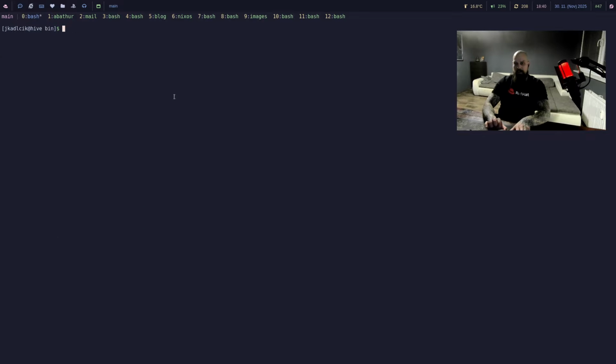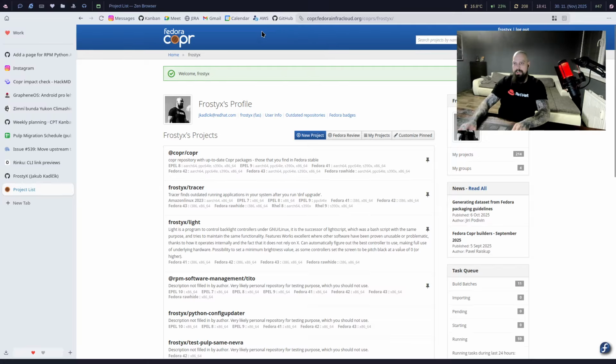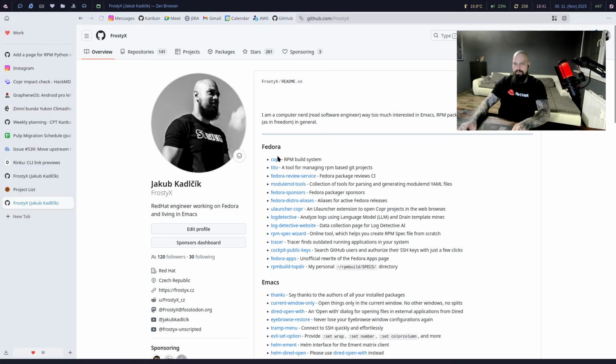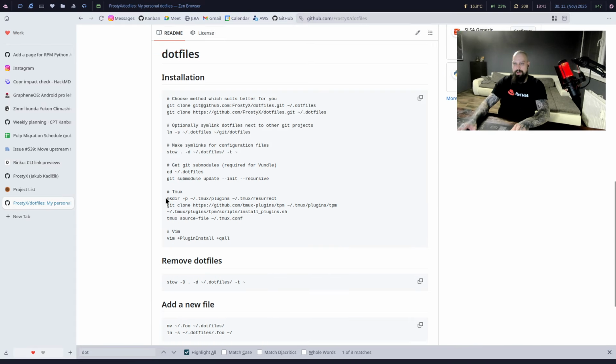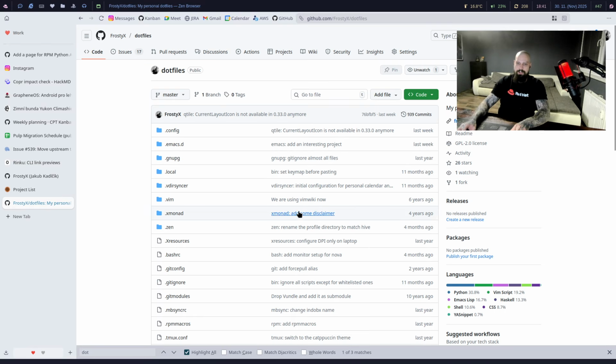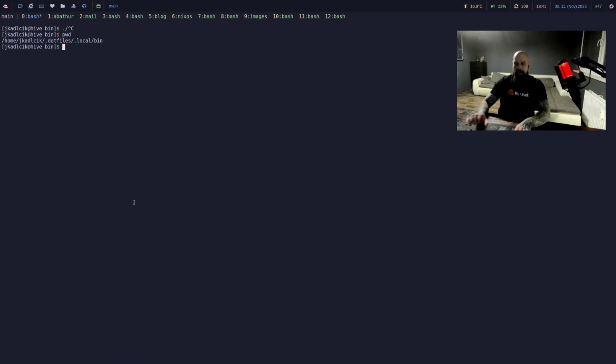Oh, yeah, okay, there is a lot of mess. This is my .files directory, by the way, so these are my personal .files. You can find them here, right? All of my .files. The most interesting ones are probably my qtile config, my tmux config, and my emacs config. Yeah, probably. Anyway,